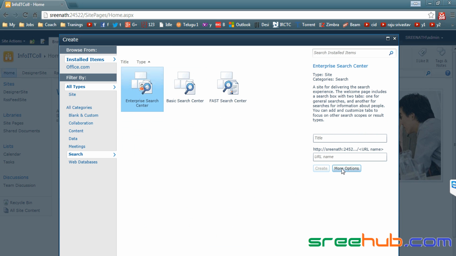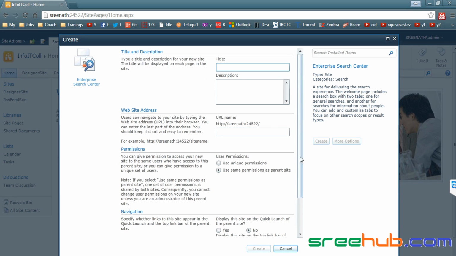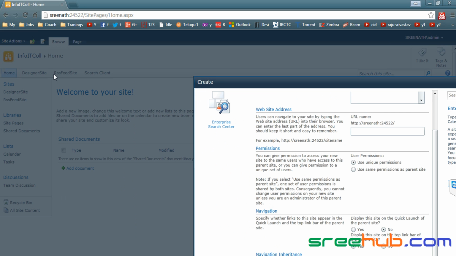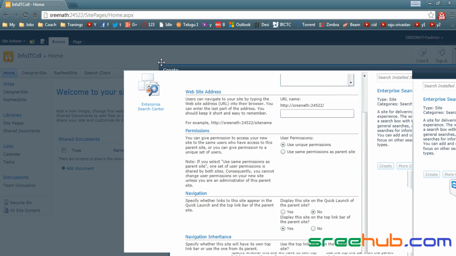search for this. You click on more options, and you can see here, if you say unique permissions, which means this site will be exclusive compared to the whole site collection. But in general don't do that, because if you are creating your site search for your collection, you are trying to give some help to the people who have got permission to the complete site. That is the reason why you are providing something called a search center for them. So at that point you don't need